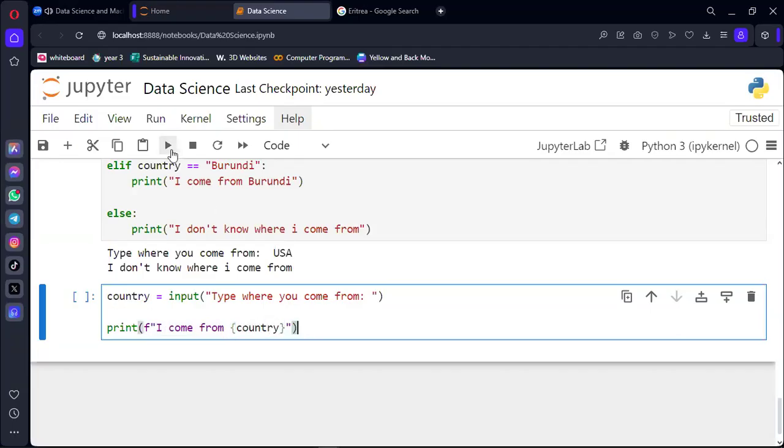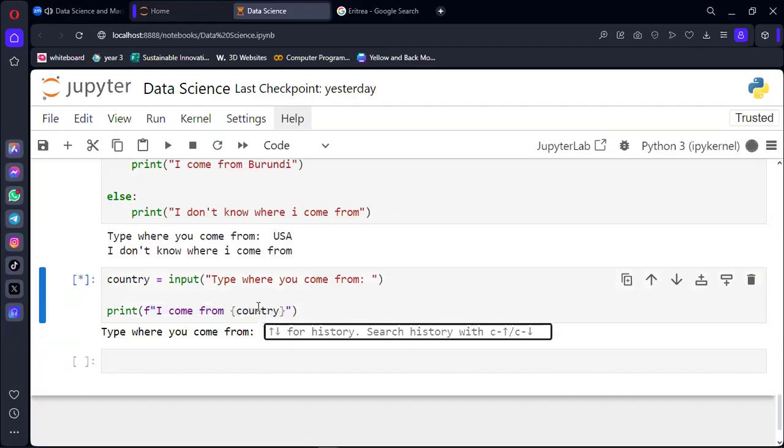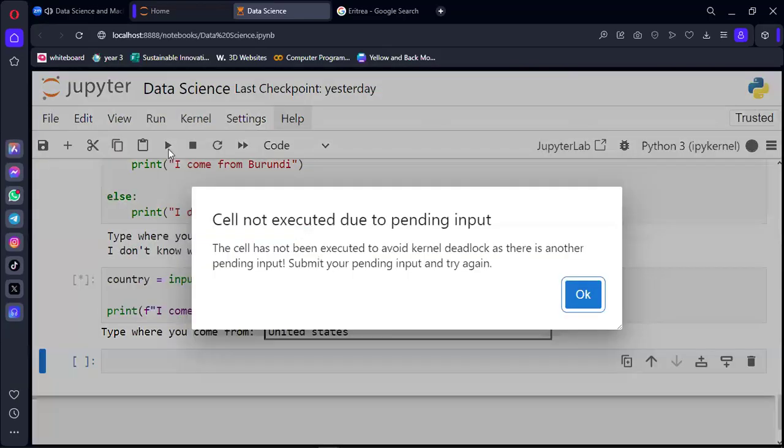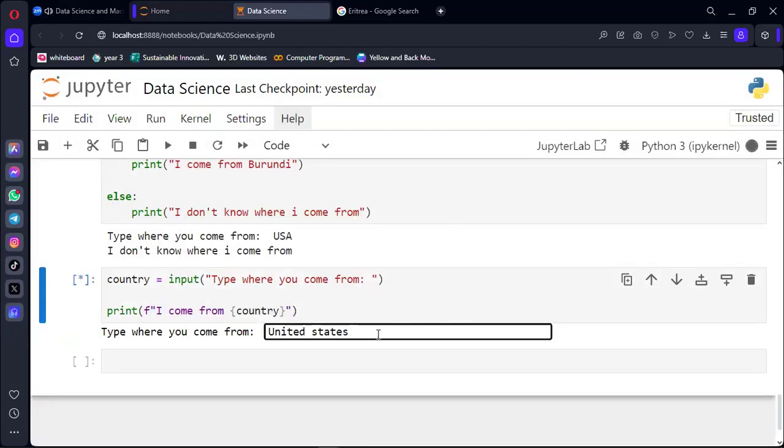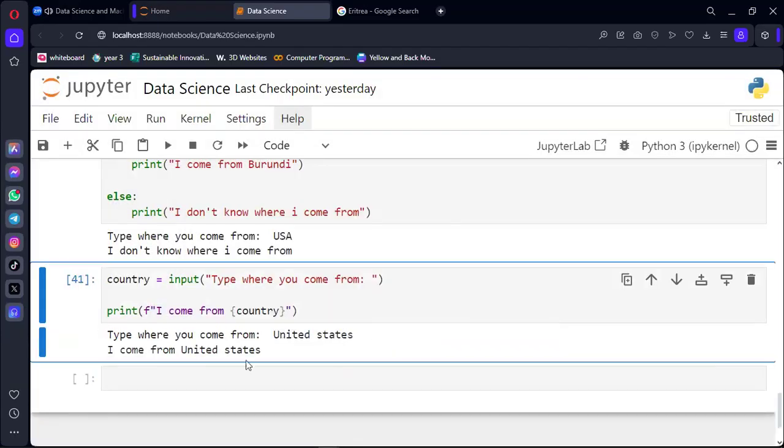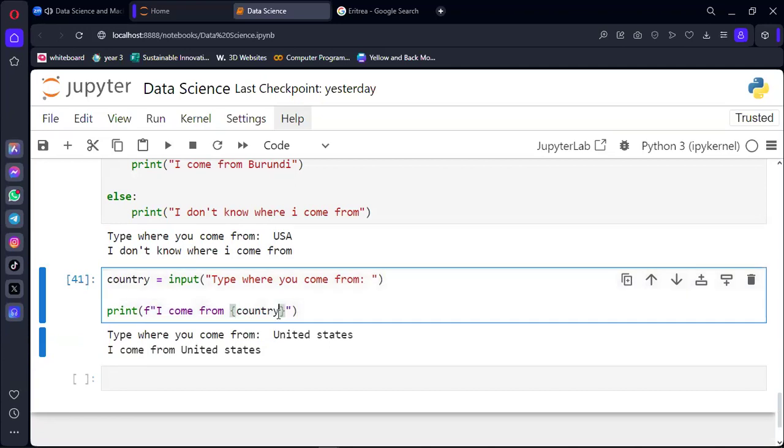Let me now run. So let's say, where do you come from? Then let me say, for example, United States. Sorry, I should have clicked enter. So you can see now it says I come from the United States. When I say, for example, Qatar,